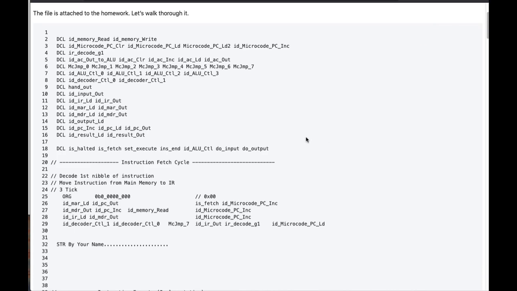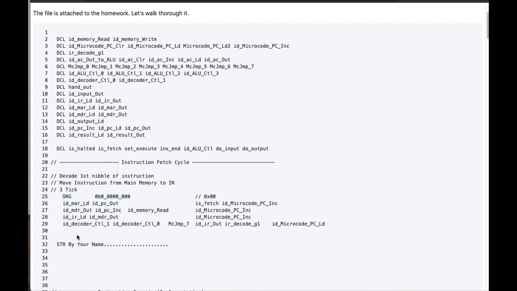Let's take a close look at the code. There's the instruction fetch cycle. That's the first piece in the code. And these guys with a slash mark are comments. It says origin, which sets where it's going to generate code. And I'm giving you the fetch cycle, but there are things that we're going to point out in the fetch